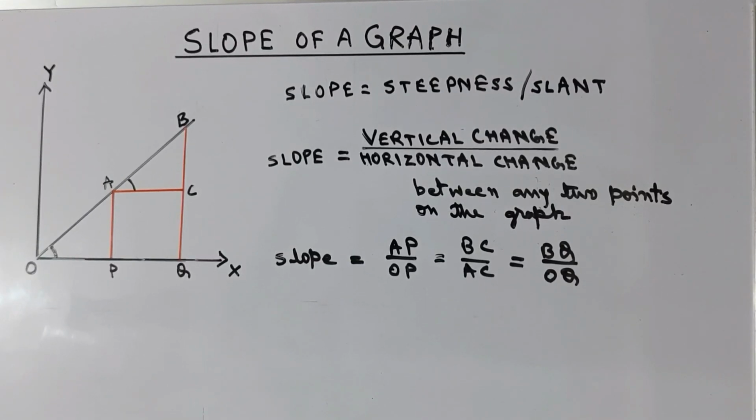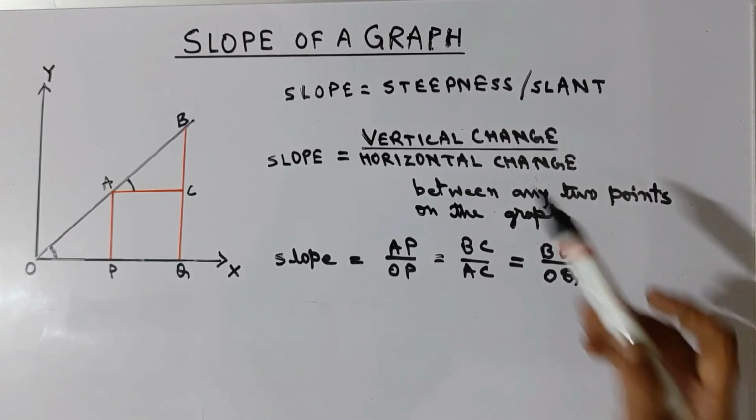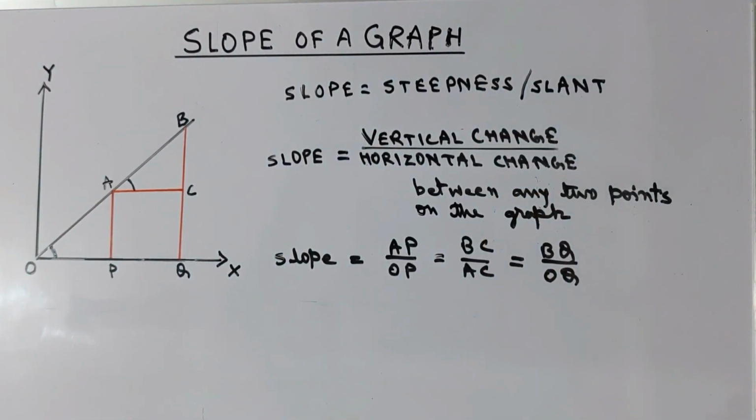Before the discussion of a distance time graph, we have a very important concept, that is the slope of a line graph. It is a very important concept and you must pay attention to it. By the word slope, we mean the steepness or slant. It is in general a term used for any line which makes an angle with the horizontal.